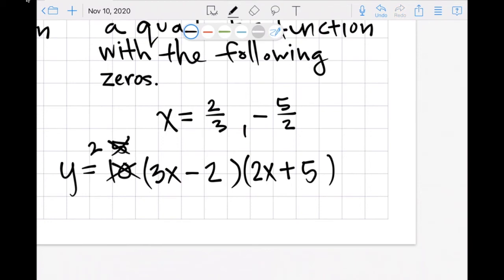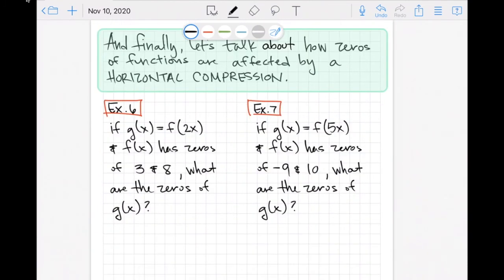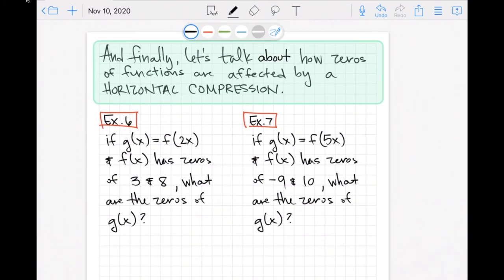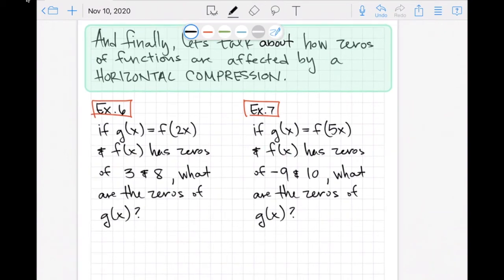But notice your solutions would still be the same thing. Okay, and then the last thing I want to review before we actually get into slip and slide is let's look at how zeros of functions are affected by horizontal compressions. It's possible to have also horizontal stretch, but for the sake of this video, we're going to just talk about